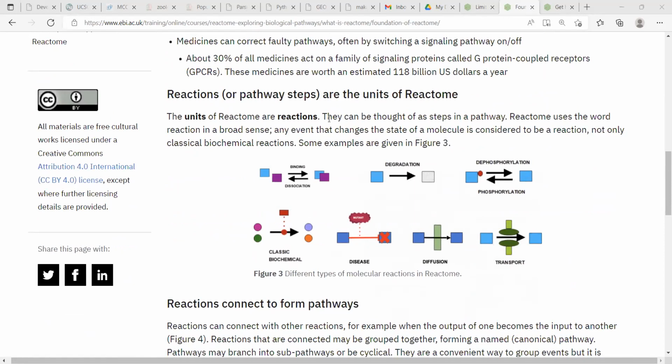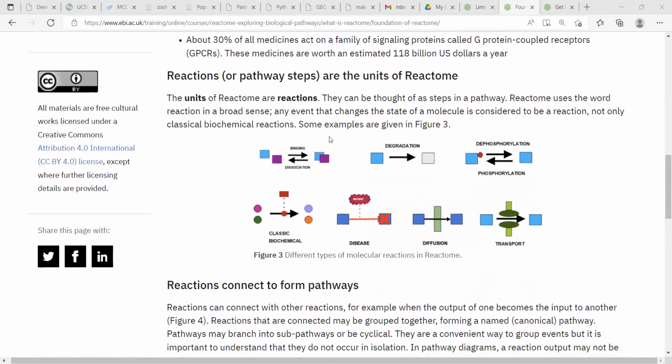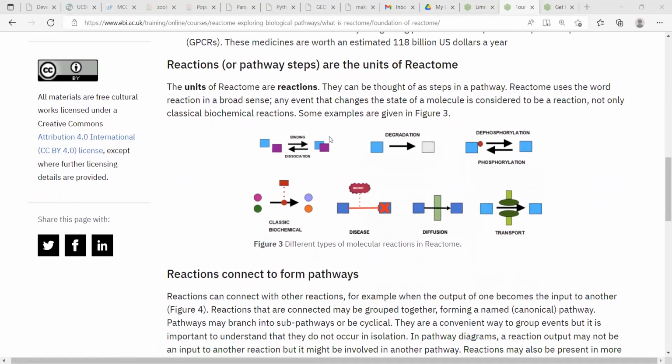So, reaction pathway steps. These are the reactions, the units of these pathway databases. Many different types of reactions are represented by different formats like this: binding, dissociation, and degradation with this arrow. So from this molecule, this is prepared, this is synthesized, so degradation. Similarly, phosphorylation, dephosphorylation,